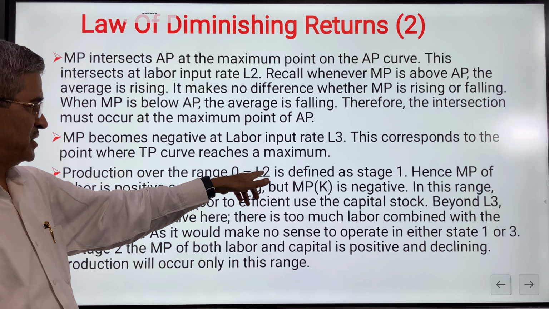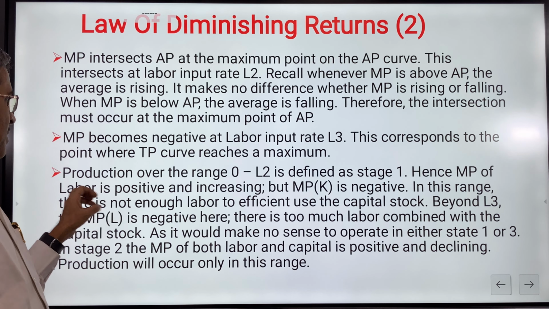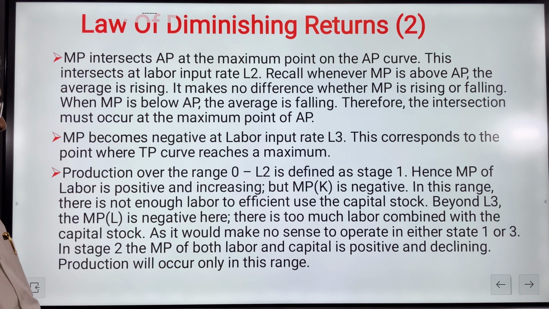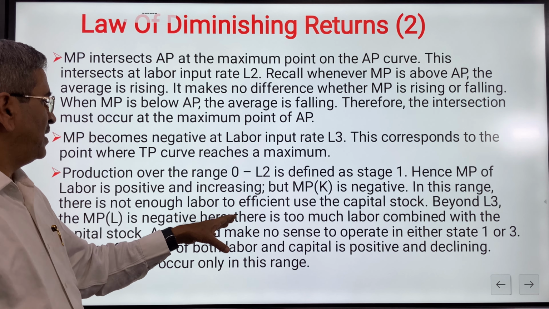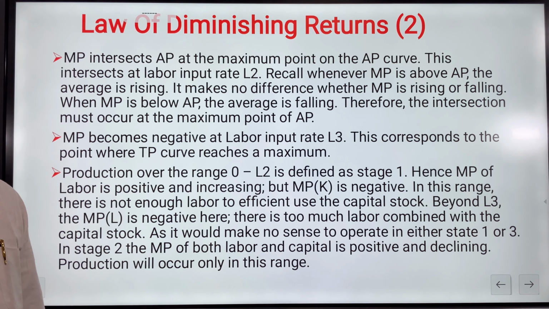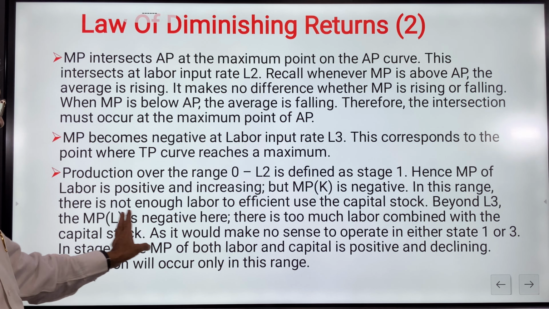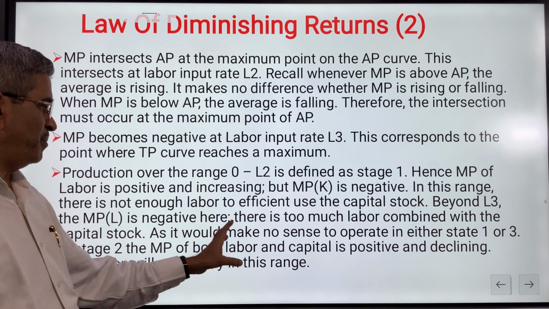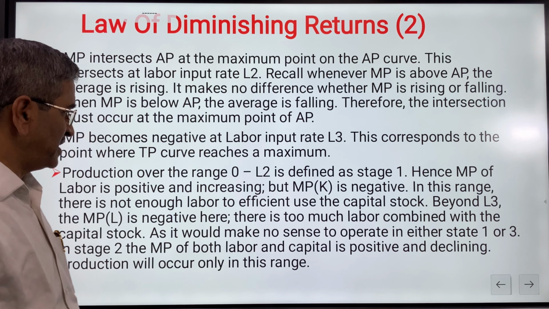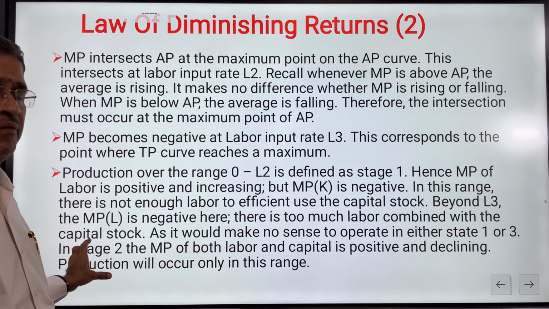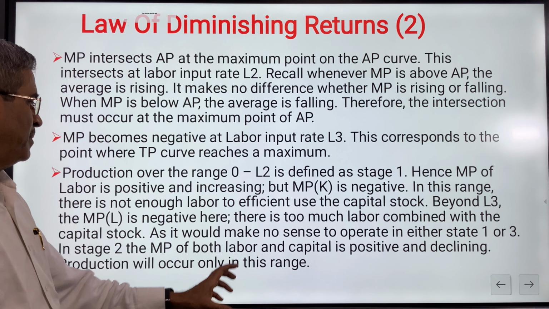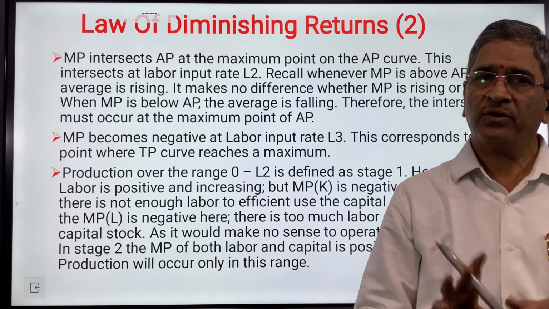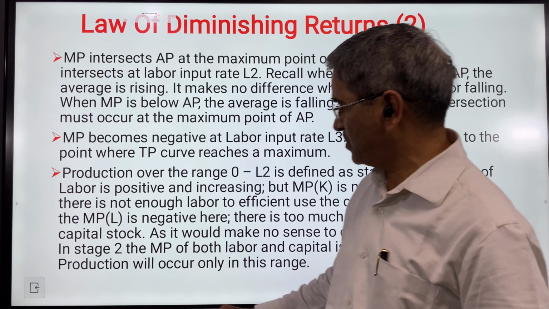So 0 to L2 is defined as stage 1. The marginal productivity of labor is positive and increasing here, but MPK is negative. In this range, there is not enough labor for efficient use of the capital stock, and beyond L3, MPL is negative. There is too much labor combined with the capital stock, so it would make no sense to operate in either stage 1 or 3. Everybody would like to be in stage 2, where MP of labor and capital is positive and declining. Production will occur only in this range. Everybody would like to have that. So I'll stop here. This is what you have to understand about the